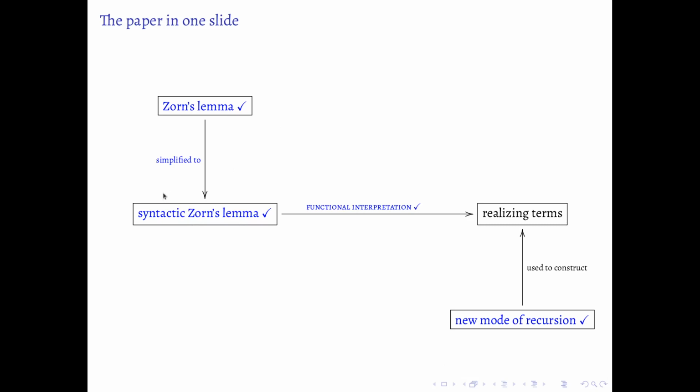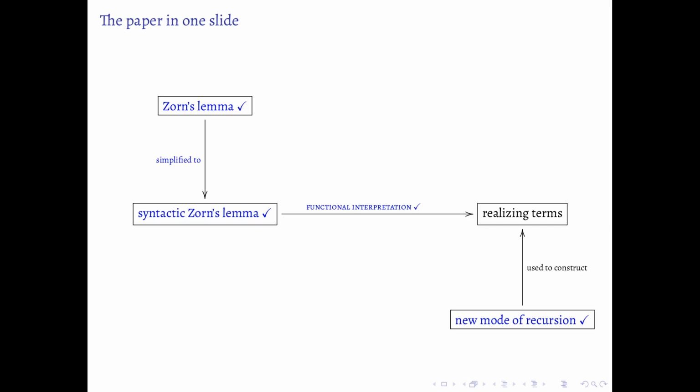In the second part of this talk, I've briefly talked about the syntactic Zorn's lemma, my adaptation of the general Zorn's lemma so that it becomes amenable to program extraction. I also sketched very briefly the problem that you face with the functional interpretation and why you need to come up with some form of recursion that is closely related to this inductive principle, this maximum principle, but you need some additional thing to ensure that this new recursor is total for all output types, and that turns out to be a very subtle argument. So one of the main contributions to the paper was dealing with totality and dealing with output types that may be